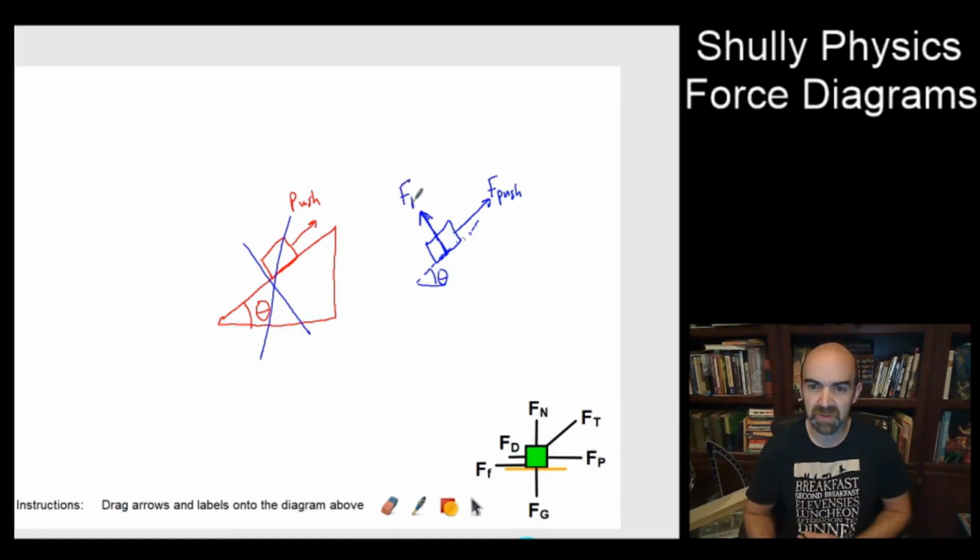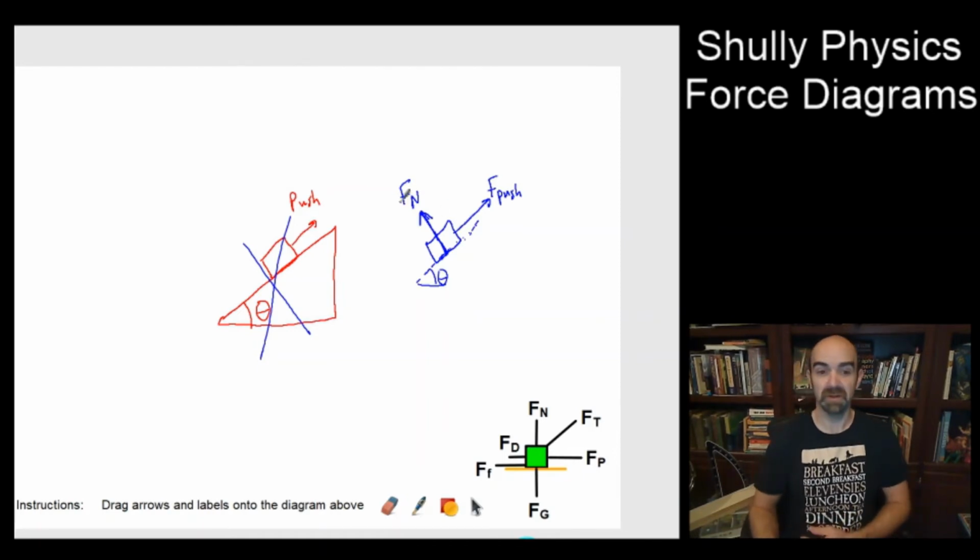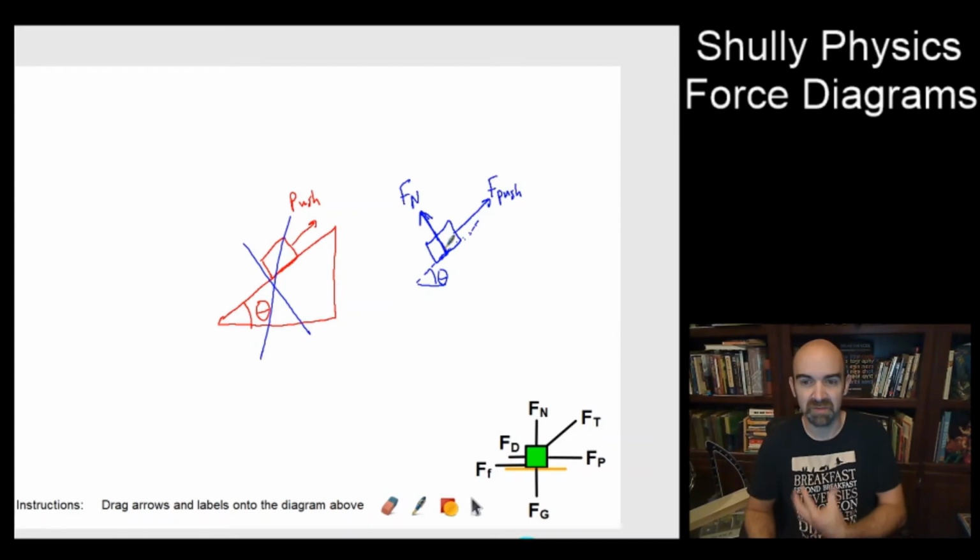We would label that the normal force, Fn. Okay, so what else might there be here? Well, there's also going to be gravity. Now, gravity works on the center of mass of an object,